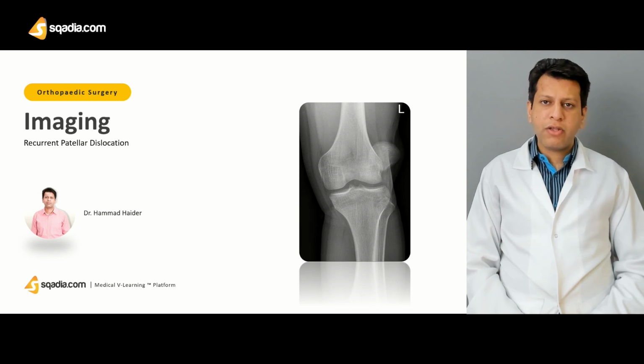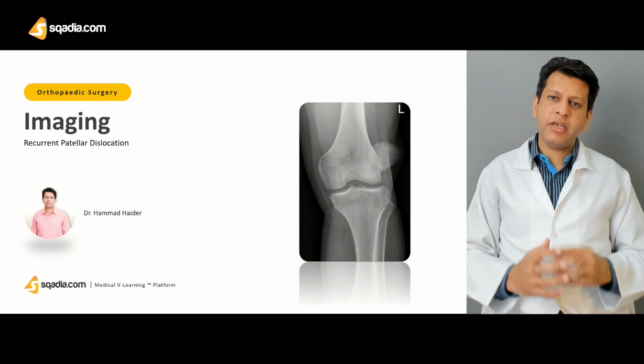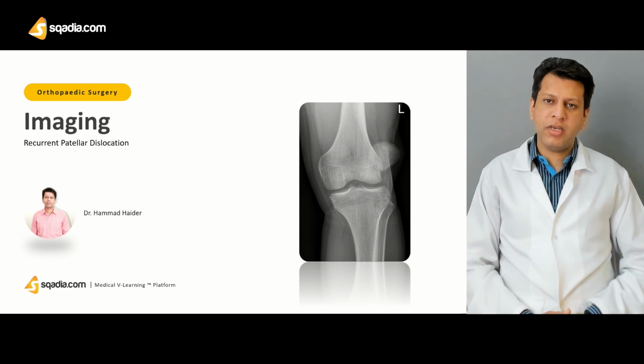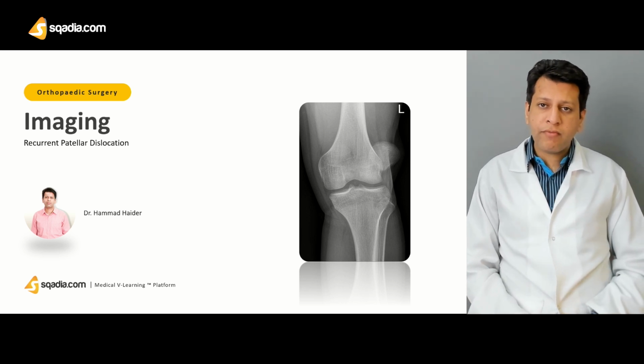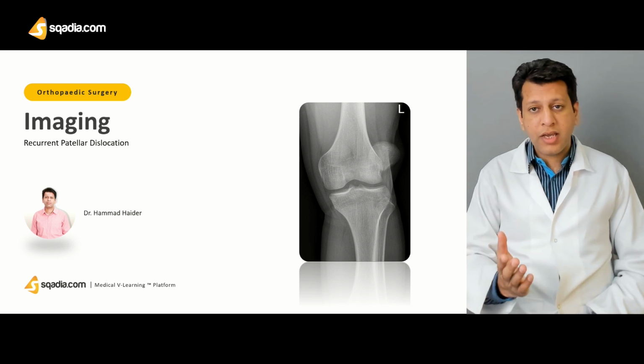Now, once we have diagnosed a patient with recurrent patellar dislocation, what is the imaging that we need to get? First and foremost is always the x-rays. Whenever we are dealing with patella, we need to get x-rays of the whole knee joint. We need to get x-rays AP and lateral view of that knee as well as the opposite